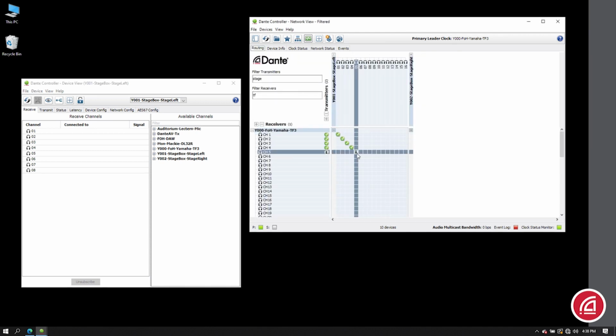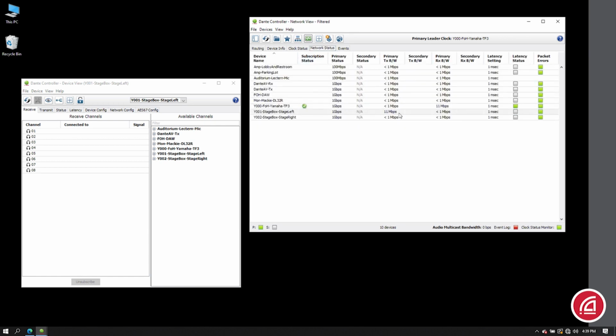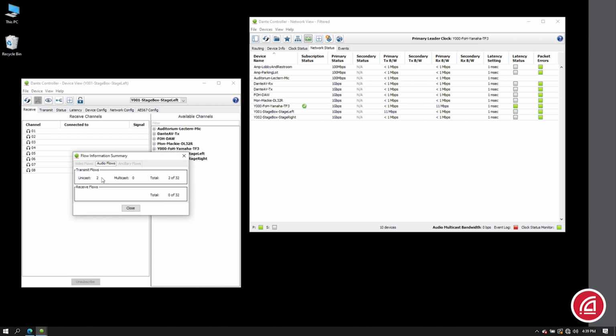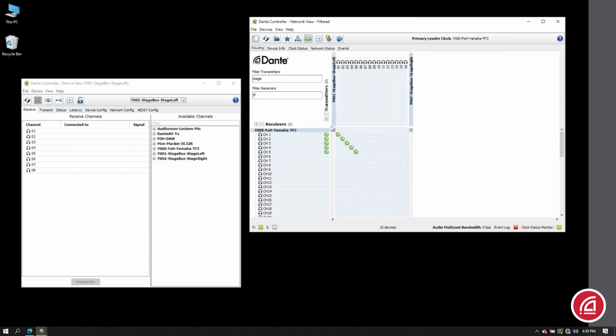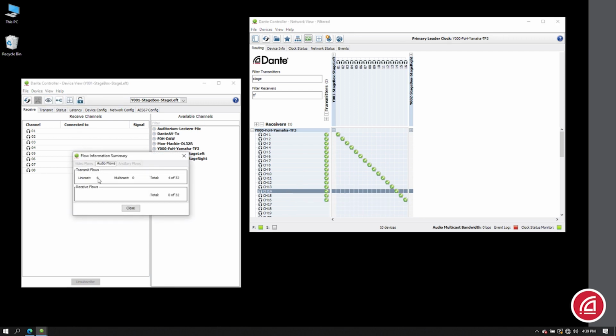Okay, so we've got 1 unicast flow running right now. Let's subscribe a 5th channel. Indeed, if we look at our bandwidth, we see an additional 5 to 6 megabits for the additional flow, climbing to about 11 to 12 megabits per second. If we look in the flow counter, we indeed see that a second flow has begun. Okay, I think we get the idea here. So let's take bigger steps. Let's subscribe all 16 channels from this stage box. Of course, 16 channels divided by 4 channels per flow, that means we need 4 flows.